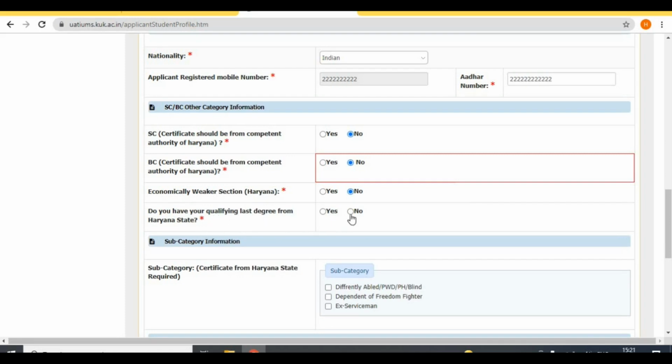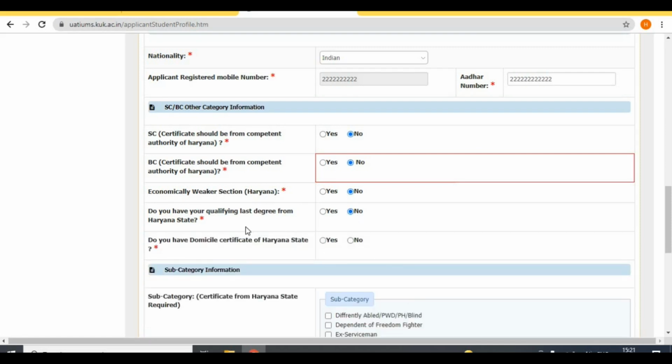If yes, click yes, otherwise click on no. Your last qualifying degree will be +2. Next, it will ask you about the domicile certificate of Haryana state. If you have the domicile certificate of Haryana state, then click on yes, otherwise click on no.